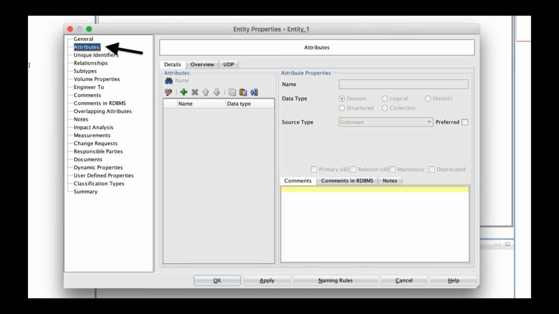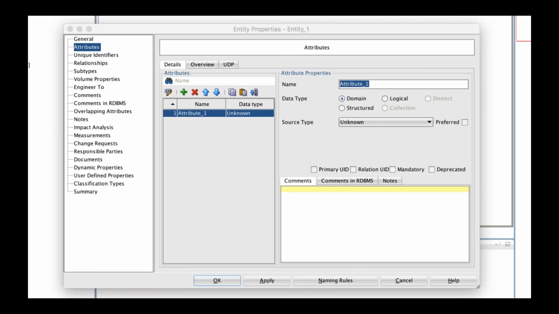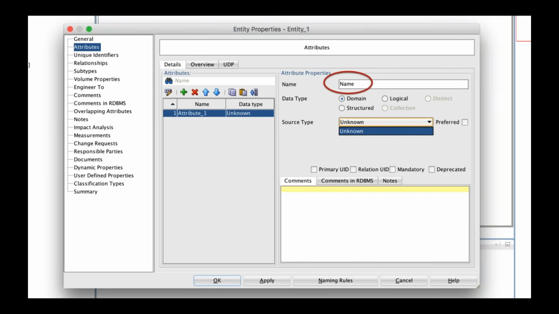Now to add some attributes, we click on the attributes, click on the big green plus, and start adding attributes. So I want a name for the beer that I'm going to be putting in here. I forgot to mention, I apologize. So this demo is going to be